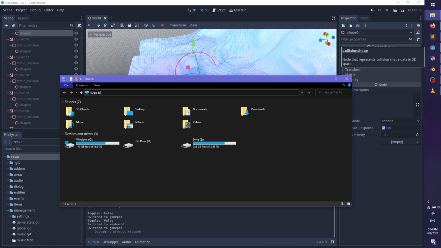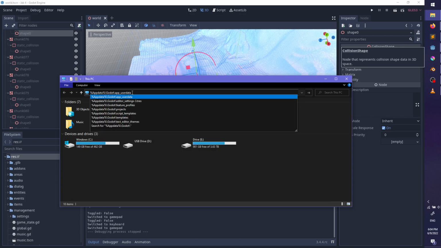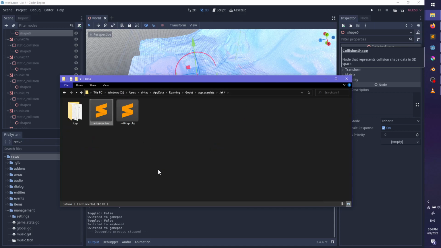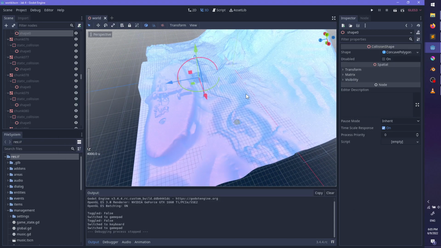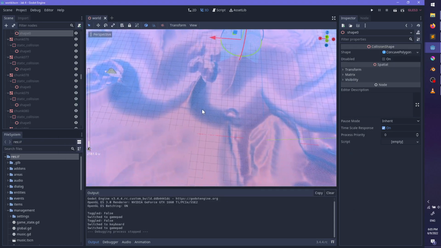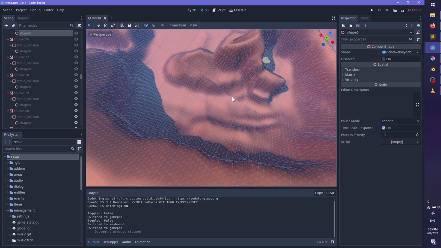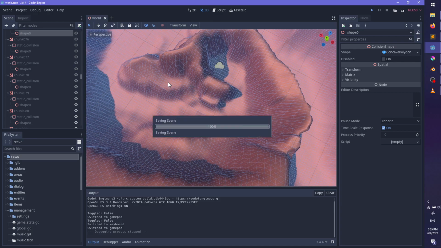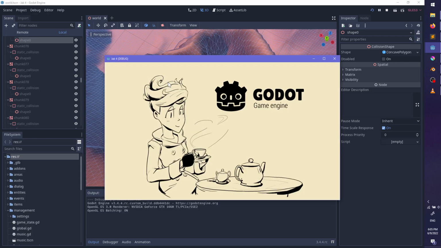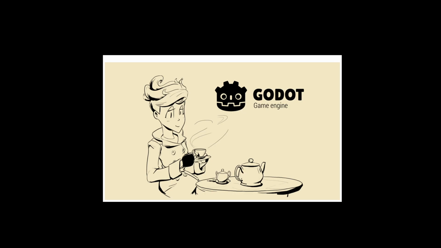Data. What is it? Godot. App user data Jack 4. That's gone forever now. Because the first thing I need to do is add some stuff here, because this is really barren. Let's just play through the game. That'd be kind of fun.